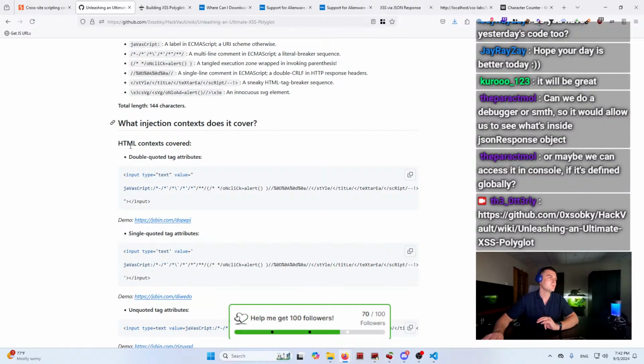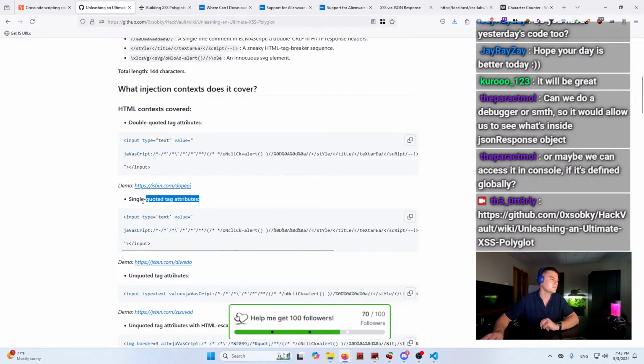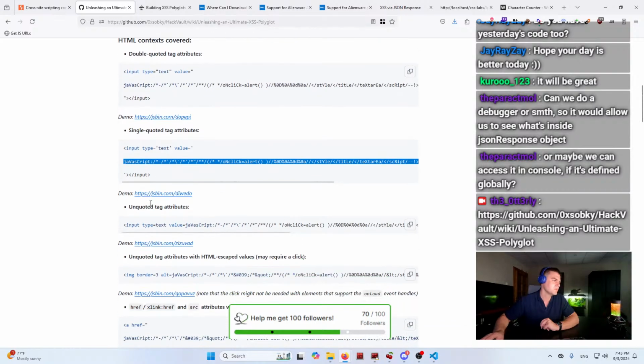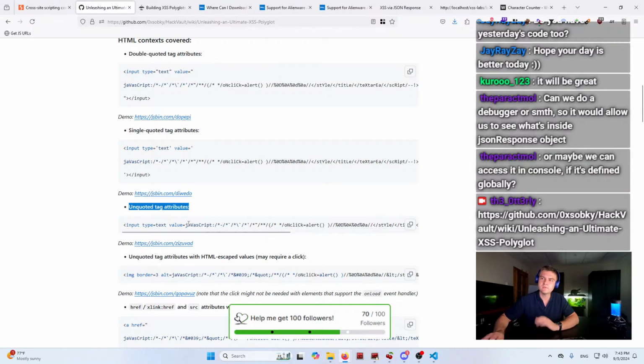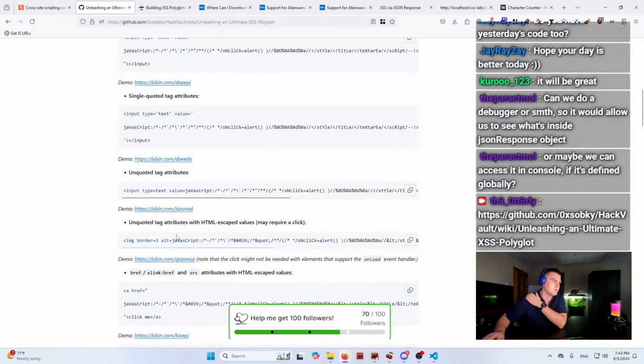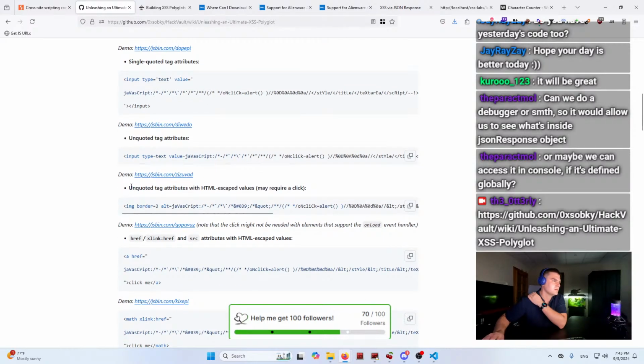So HTML contexts, like double quoted tag attributes. For example, if your context ends up in the input field, the injection will happen right here. If it ends up in single quoted tag attributes, like in the input field, and your value is right here. Unquoted, if it doesn't have any quotes, that could happen as well, if it's inside the HTML tag without any quotes. And